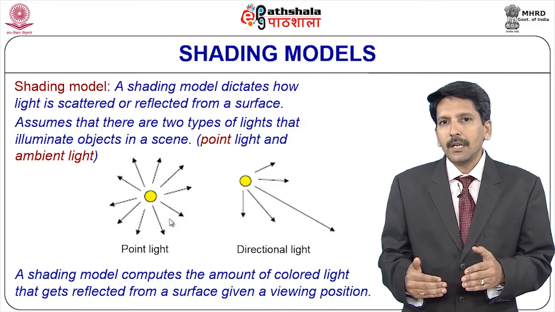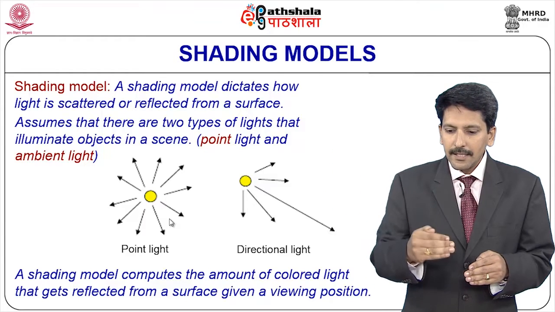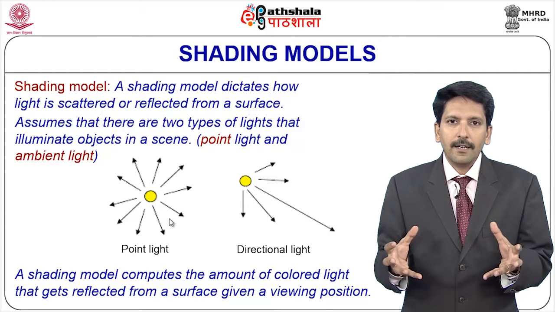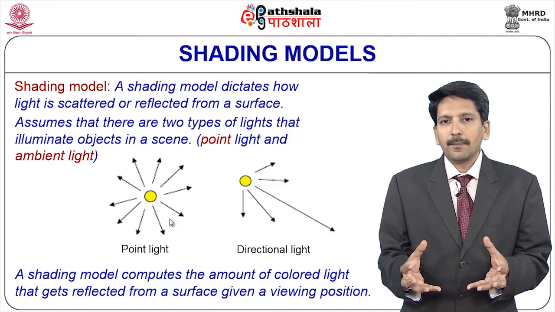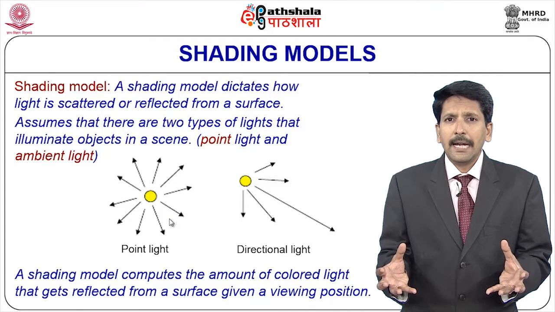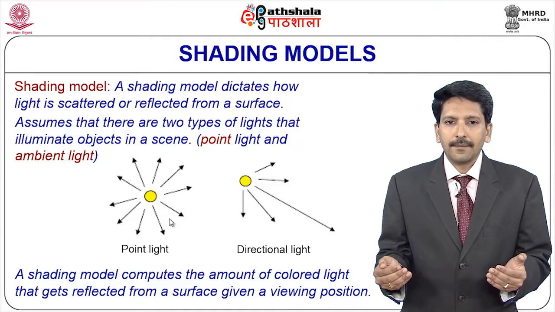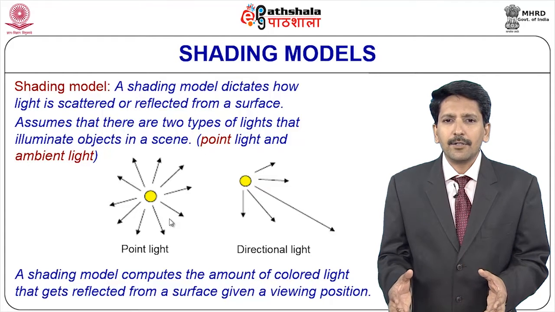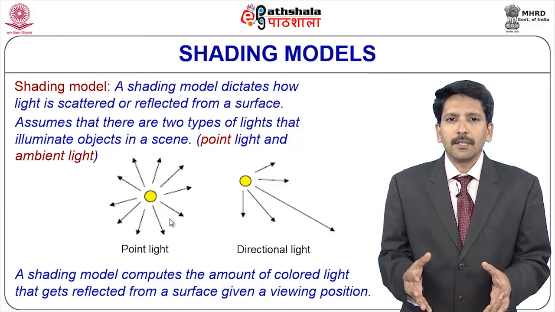So how do we compute the light interactions? Say there is a light and the light is incident upon an object: how the object reflects light, or how the object absorbs light, or what materials the objects are made up of, so that their surface properties are evident, and how they appear when we observe the objects from a distance. All this computation of light interactions with various surfaces of objects is done in the